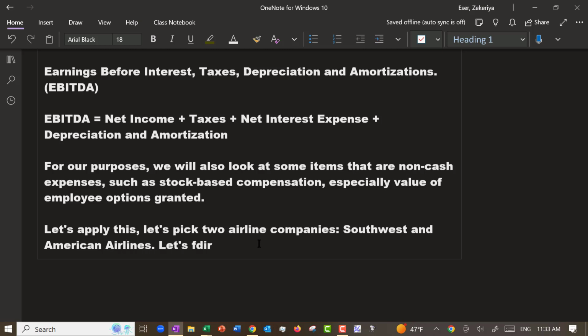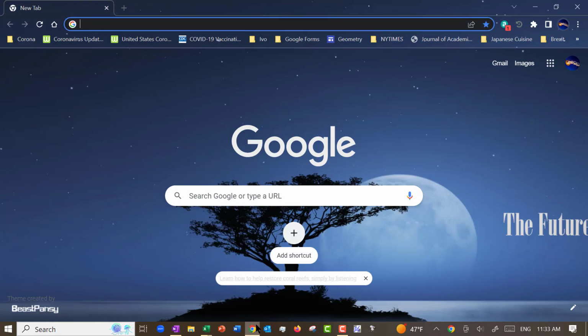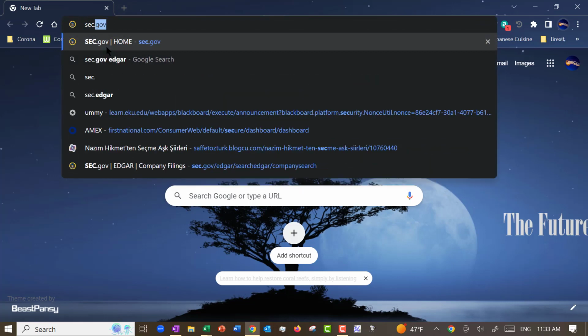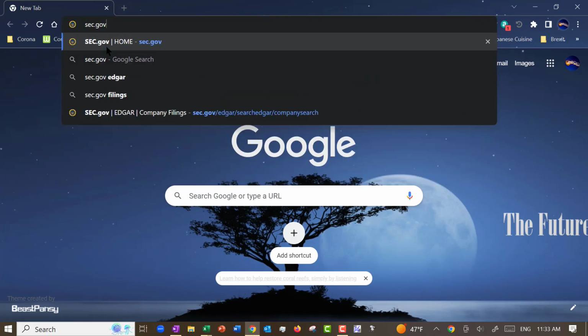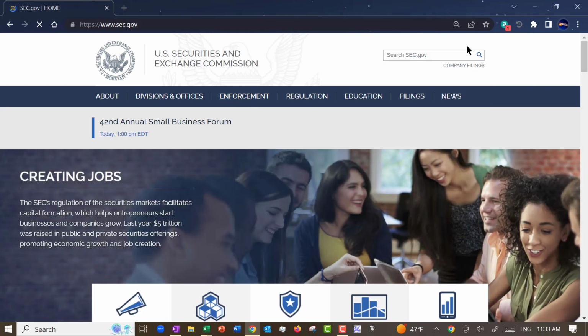So let's first get their 10Ks. If you go to sec.gov, click company filings,